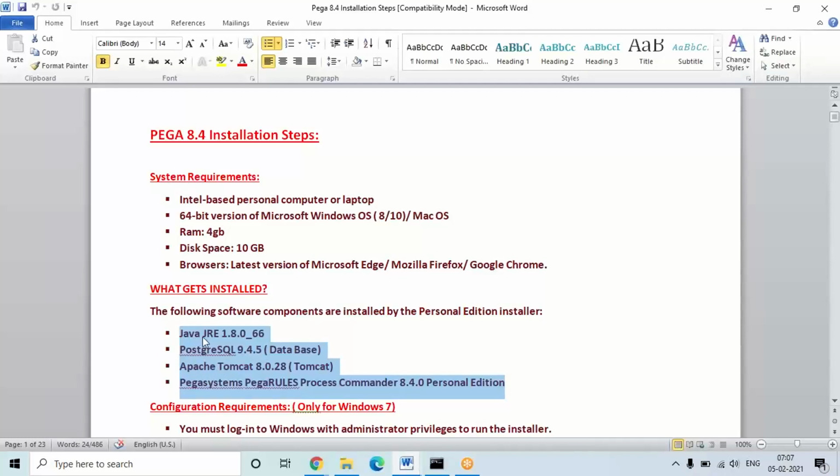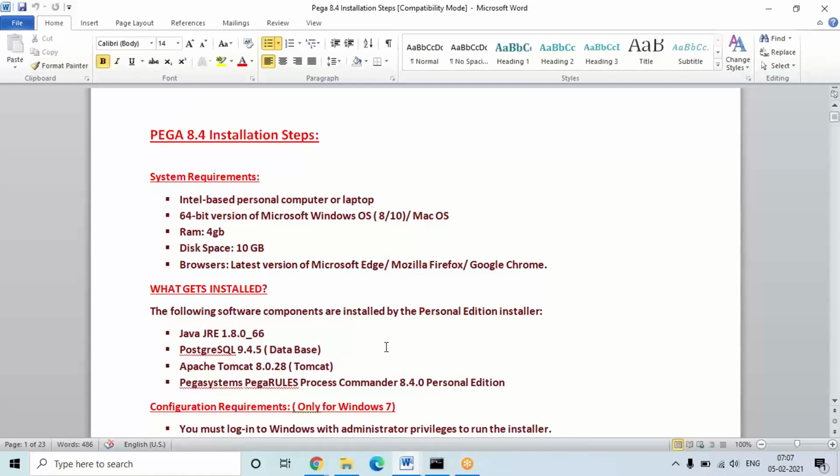The common things are Java and PRPC. Whichever version you install, Java also gets installed in the backend, and the main application is PRPC, Pega Rules Process Commander, which is a framework application. This also gets installed. All these things come as one package, the complete setup under one single package.